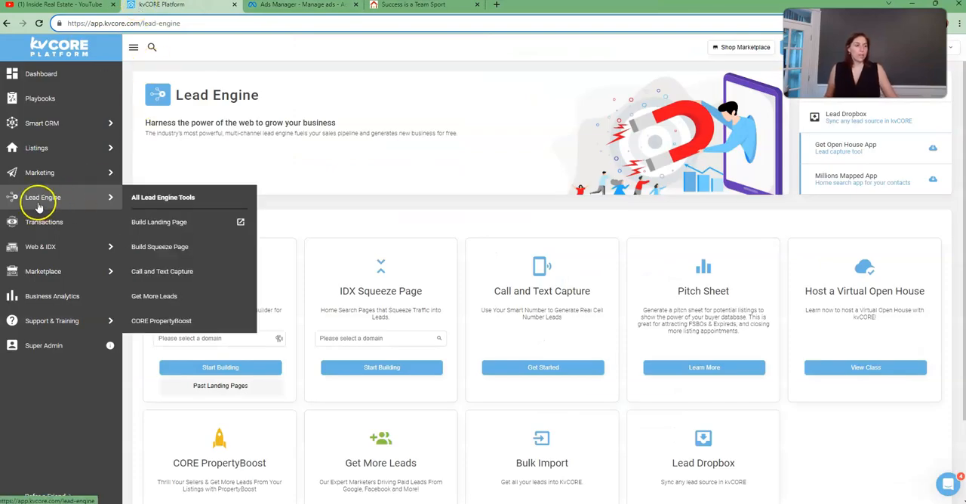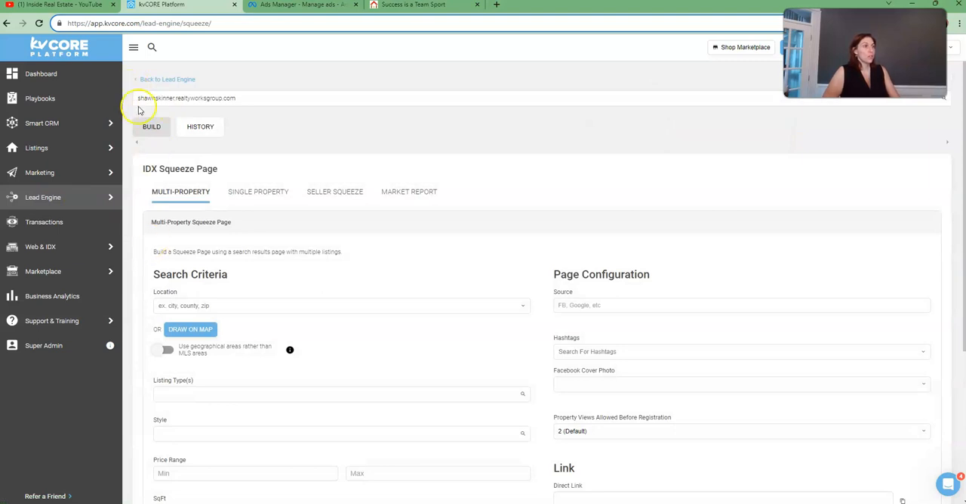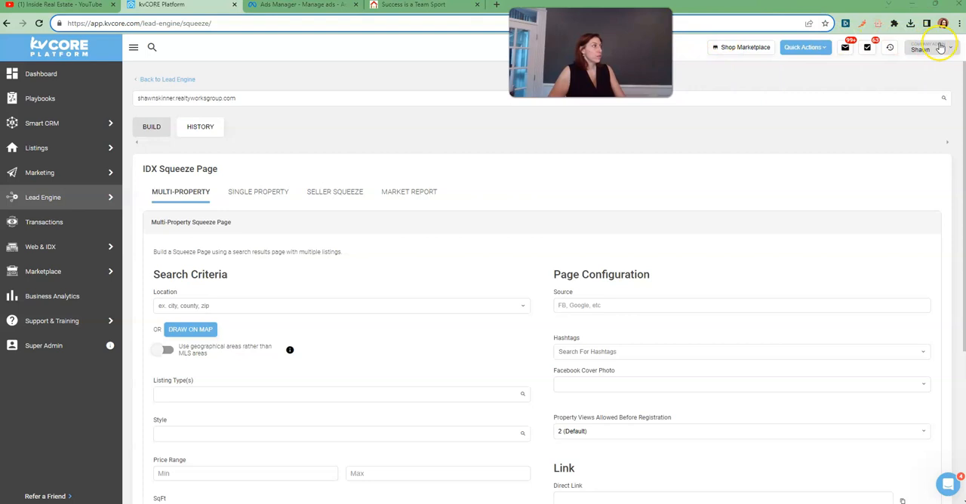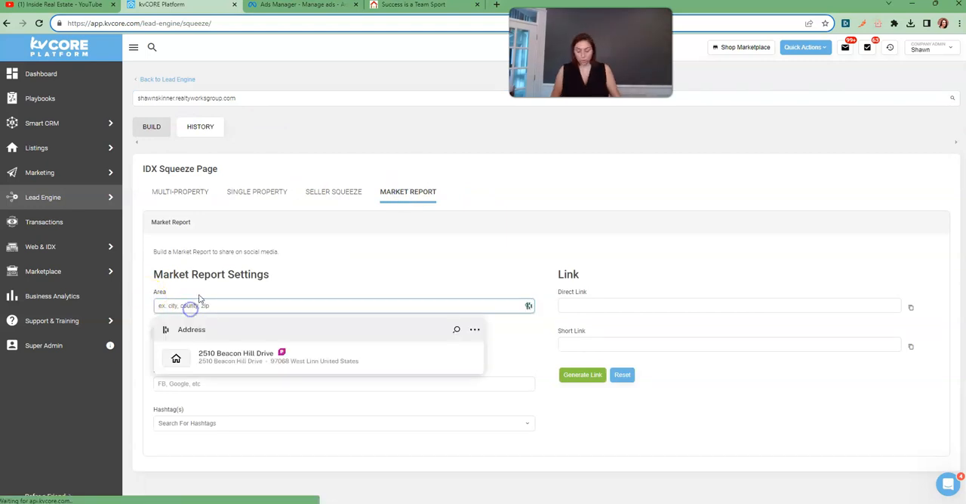So if we're in KV Core and you go to lead engine and you click build squeeze page, make sure that you're on, in fact, I'll move my face here. So Sean's, like I said, a company admin. This is his agent. If you are an admin of a company or a team, make sure you're building the squeeze page for the correct place you want to do this at. So we're doing it on his account. And click market report. So Portland,